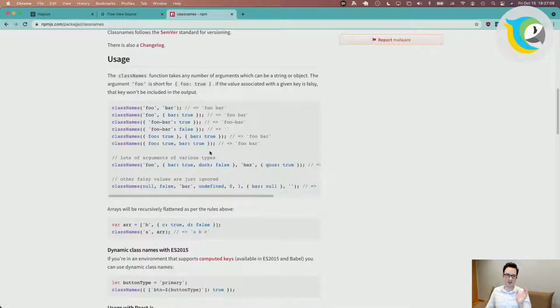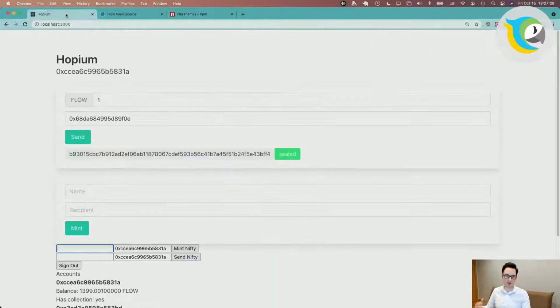It's got this nice interface where I feed in an object where the key is the name of the CSS class, and the value is either true or false. If it's false, then the list of class names will omit that class name, and if it's true, then that class name is going to be included.